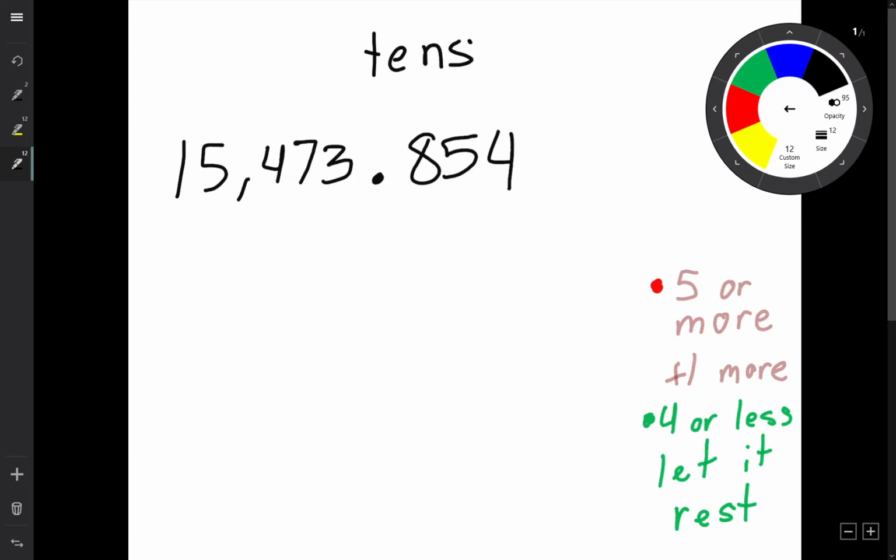If you remember the rules from class, I underline the tens place, I look next door, I circle that number, and I ask myself, is that number 5 or more, or is it 4 or less? It's a 3, and we know 3 is 4 or less, which means we let this guy rest. So it becomes